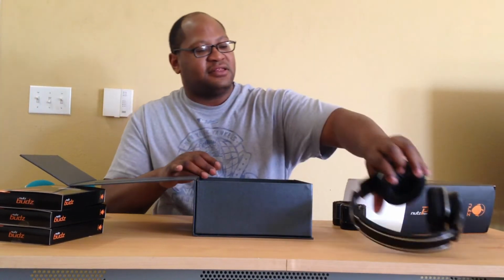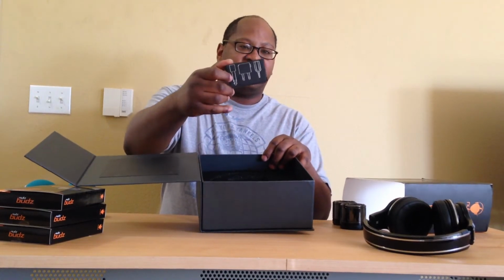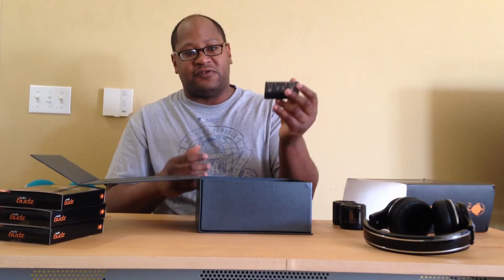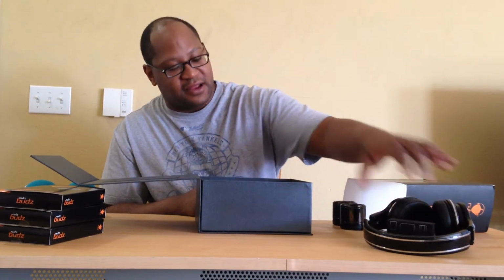And inside the box, I'll just put this right here. Inside the box they come with all these different jacks for your audio and all that stuff. So if you're a DJ or anything like that, this is for you right here. If you're working in the studio, it's for you. You can put these on while you're in the booth and everything. They come with all these different jacks, but I'll get into the sizes later. And then after you put that down,